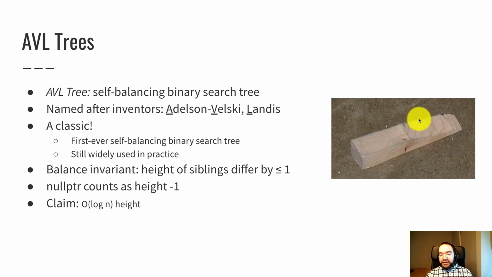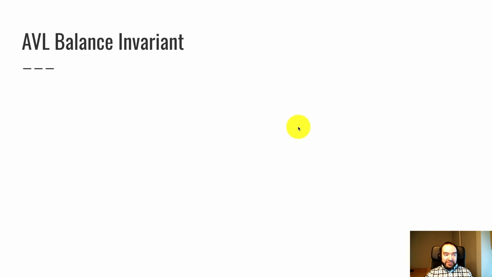I put this here because I think an AVL tree is a classic, kind of the way that a good old-fashioned wooden doorstop is a classic. This is ancient technology from thousands of years ago, but it's still one of the best ways to hold a door open. It's hard to improve on this thing. So an AVL tree is kind of the same thing. This was invented very early in the history of computer science and data structures, but it's proven itself. It's still widely used. It's still one of the favorites to actually implement.